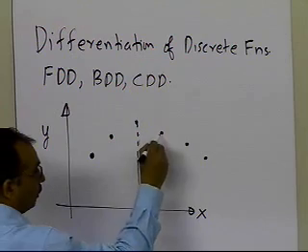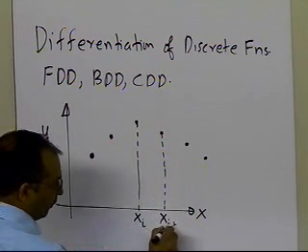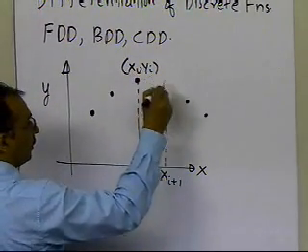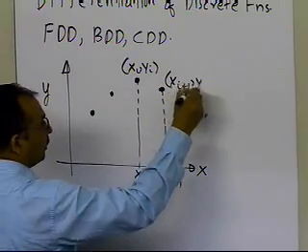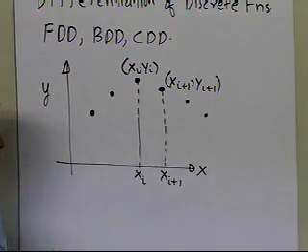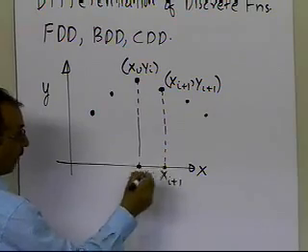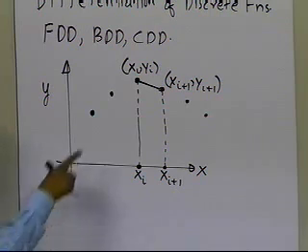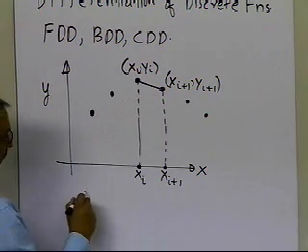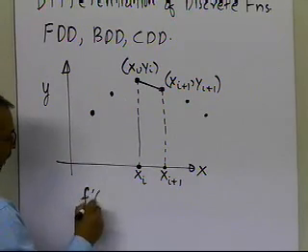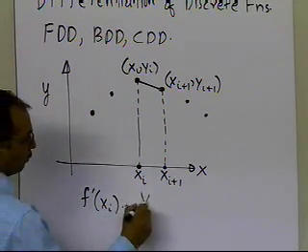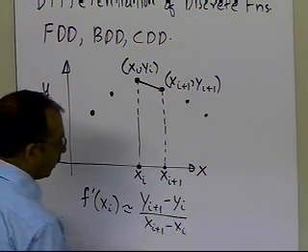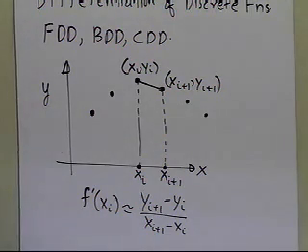Now, one of the things you can simply do is say, hey, I'm going to choose another point x_(i+1) right here. So this point here is x_i, y_i, which is given to me, and this point is also given to me. So if this is x_i and this is x_(i+1), this falls under the category of the forward divided difference method: you're going to simply find the slope of this line. The slope of that line will give you that f'(x_i) is approximately equal to (y_(i+1) minus y_i) divided by (x_(i+1) minus x_i). Simply rise over run, but you're taking a point ahead of it.